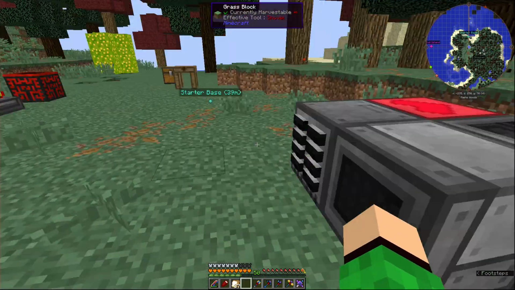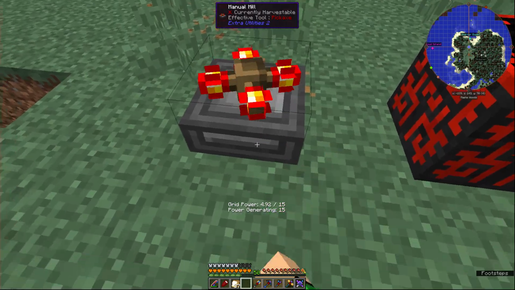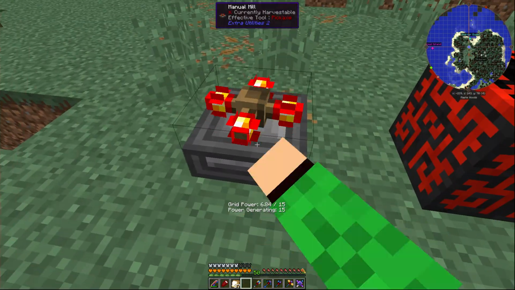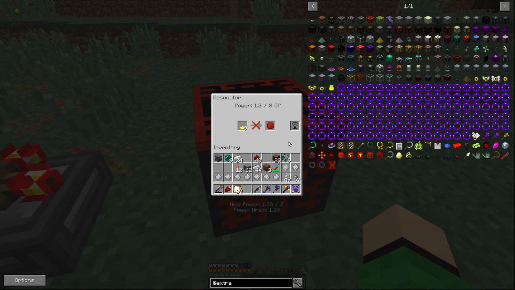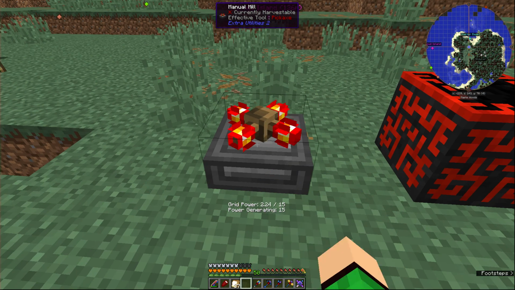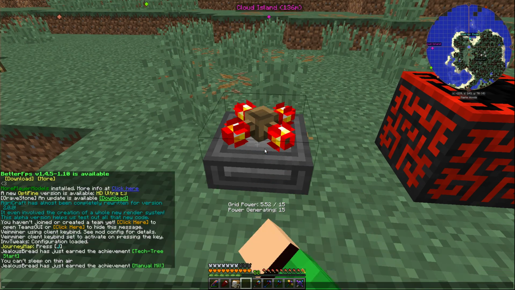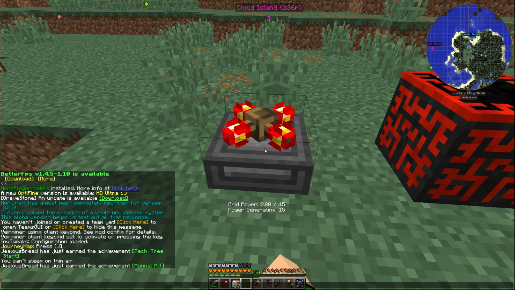So like anything knows that grid power. So like when you generate grid power, all the things that use grid power everywhere know about it. So that's pretty nice. So now this is actually making our things for us. So we just sit here and we hold down right click, and it'll make our grid power for us. Now